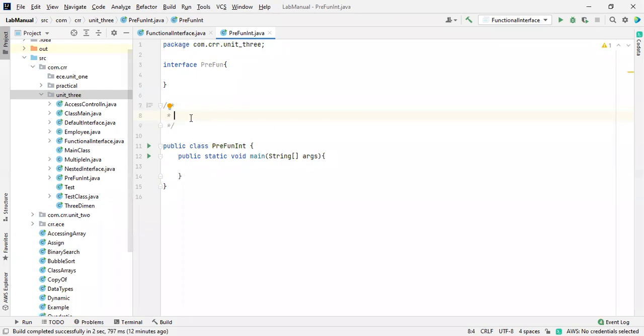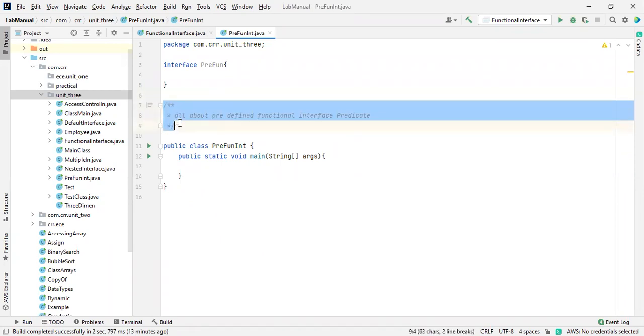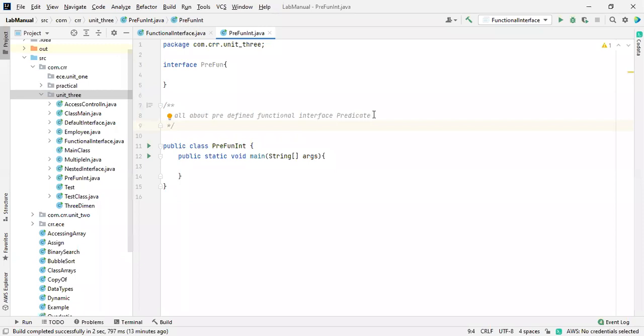This is all about the predefined functional interface predicate. Please remember all these things. That's why I'm repeating every time.